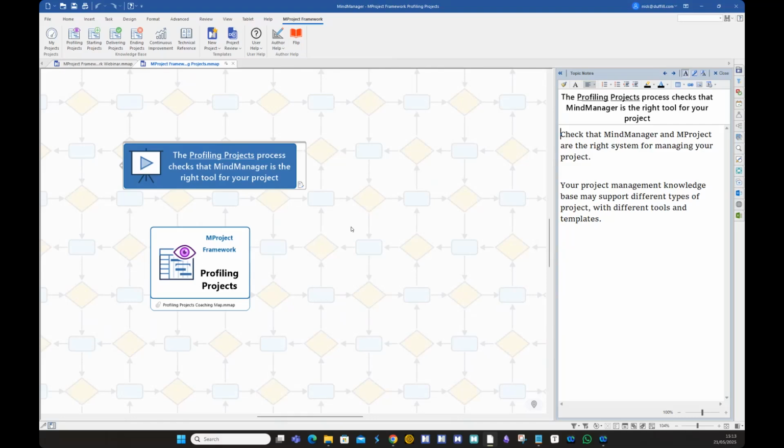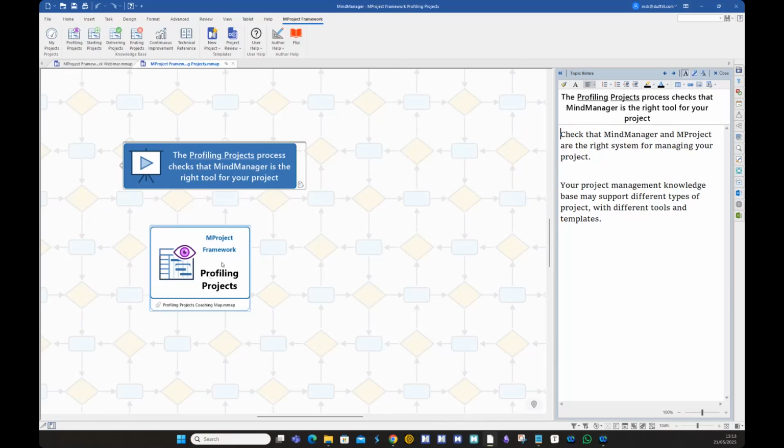And especially in your organization, you may need to make the case for using MindManager for your project, and make that a transparent decision. So what you get in the framework app is a number of empty maps,